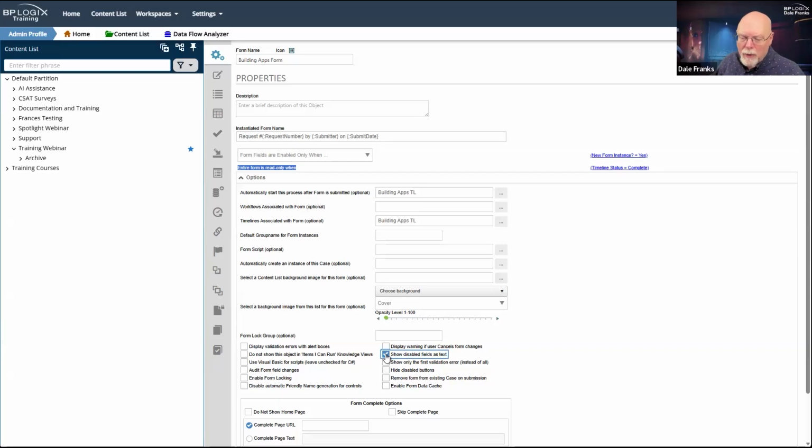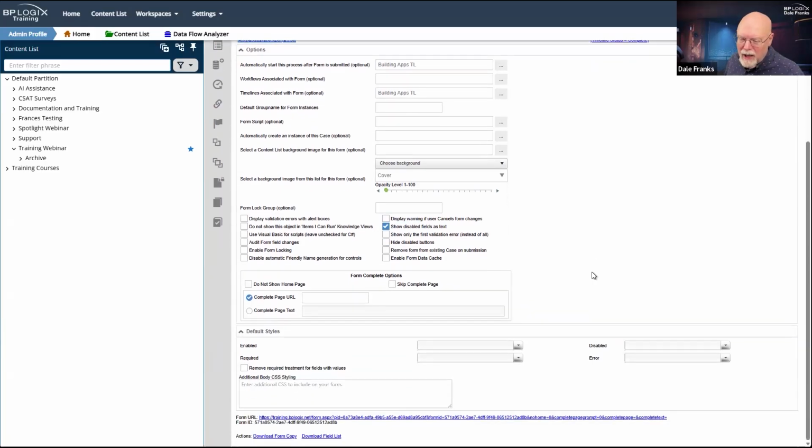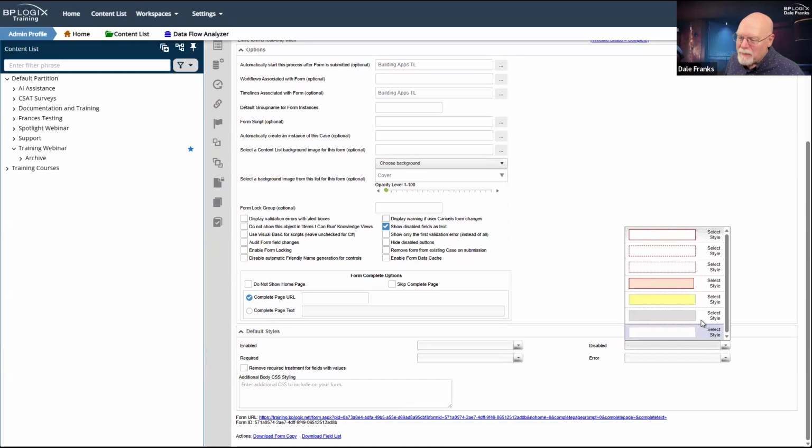If you have a disabled field, in most cases, and I think if we come down here and look at default styles, we can see an example of what a disabled field looks like. Most of the time, a disabled field looks like that. And I have to move my cursor because you can't even see what that disabled looks like. But most of the time, it is this right here, this grayed out field.